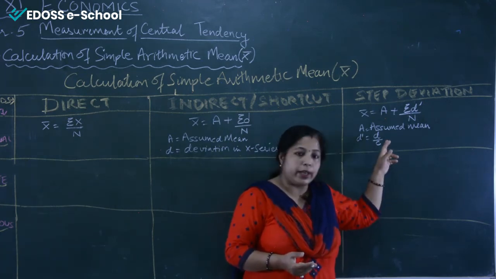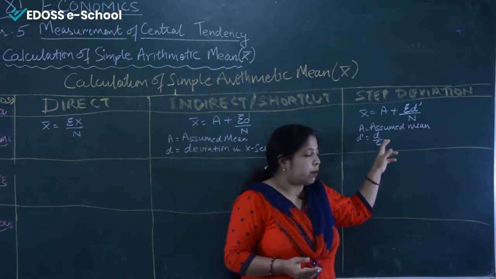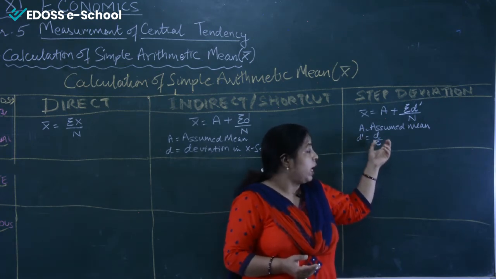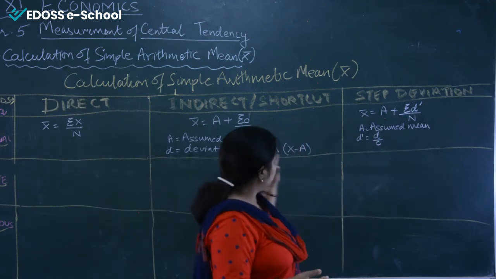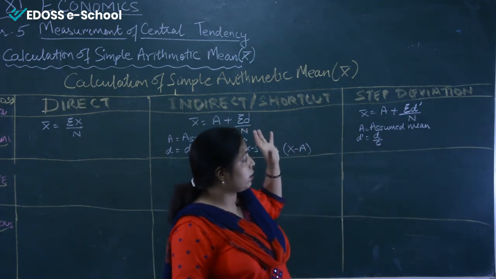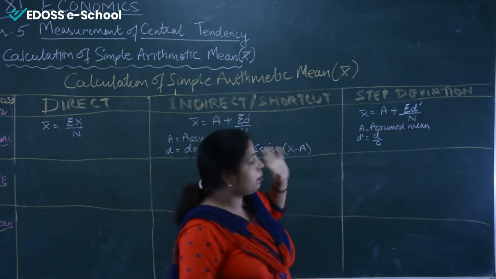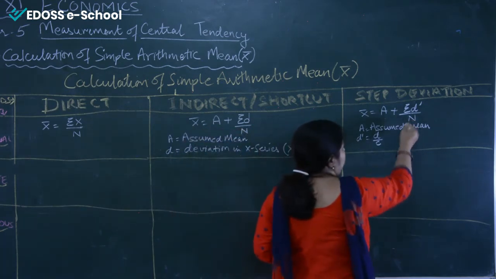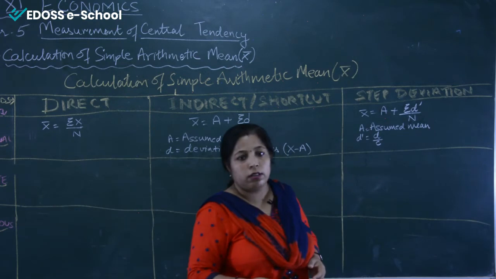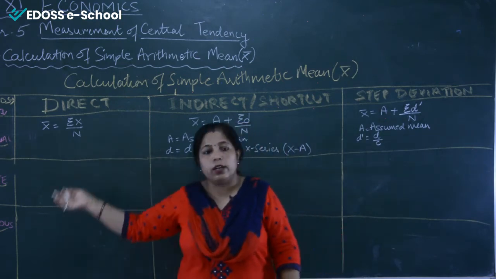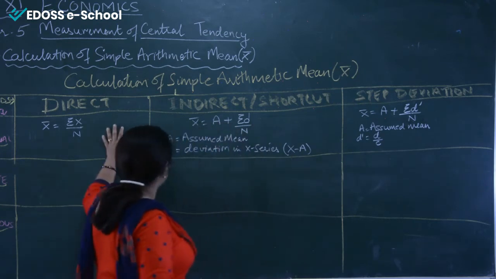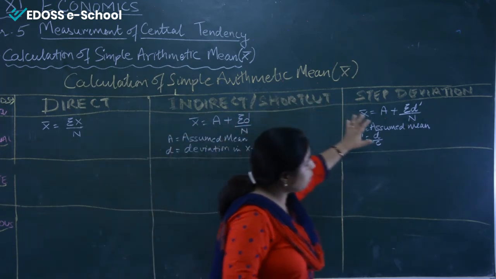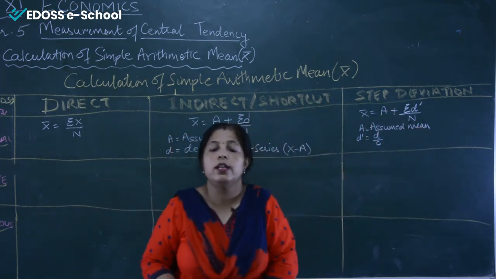When we do the numericals after some time, you will come to know how we are going to solve them and how we are making use of these alphabets. First of all, only learn the formulas and the steps, how we are writing them out. And N you all are aware of. N is the total number of items given. Fine. So these are the formulas through which we calculate mean under individual series.